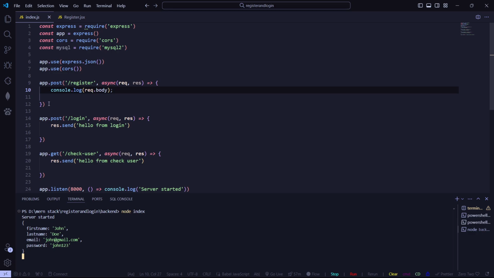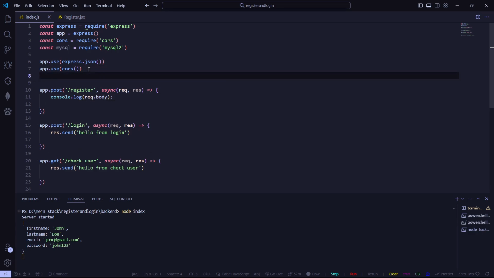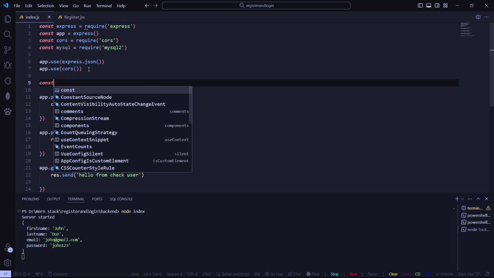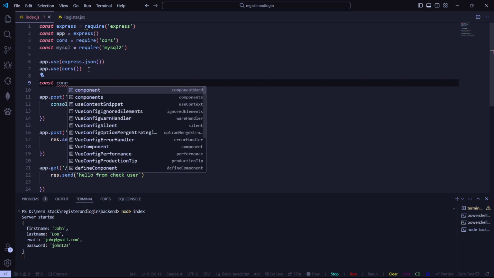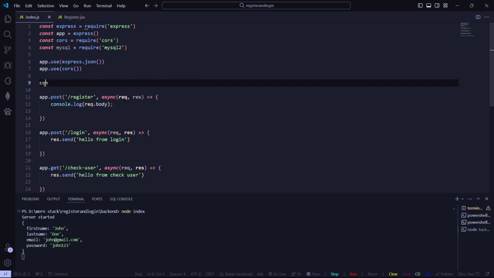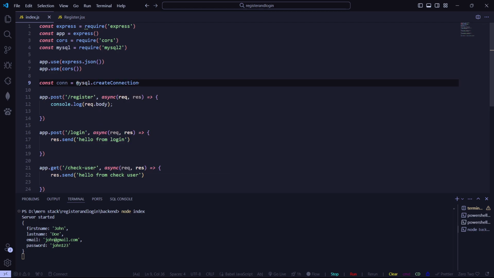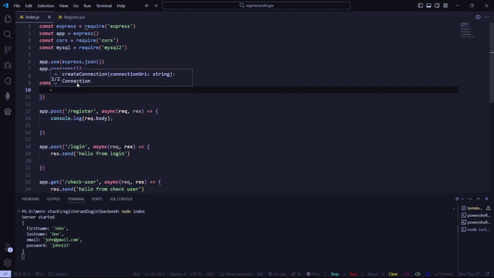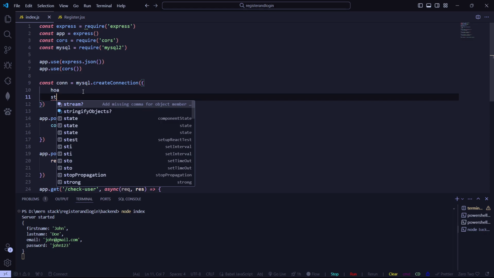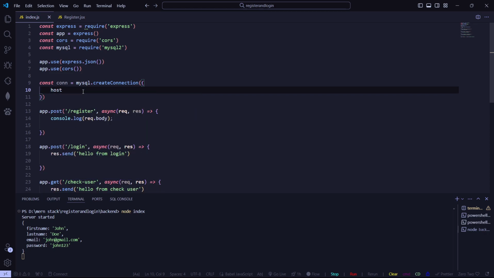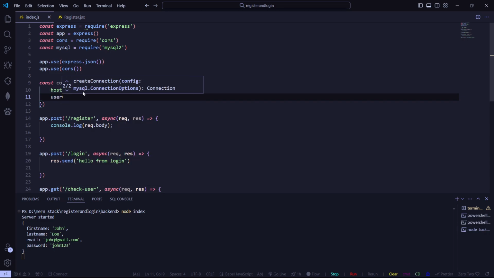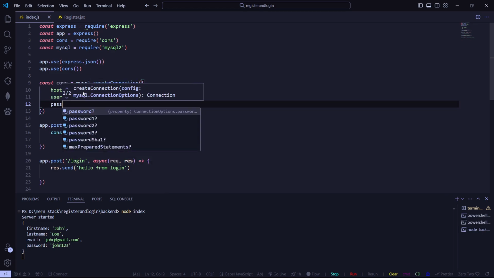Before going to check user, I want to connect our Node.js application to database. So let's create one connection. Take a variable connection, SQL dot create connection. This object we need to pass our database details like host, database host is my localhost, and user is root. This is my database details, and also password